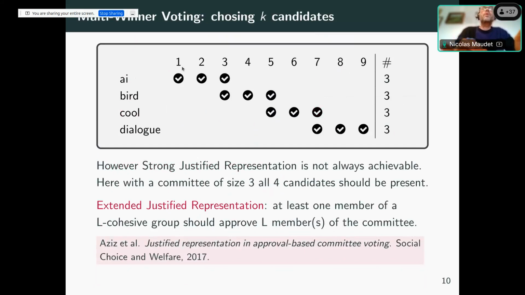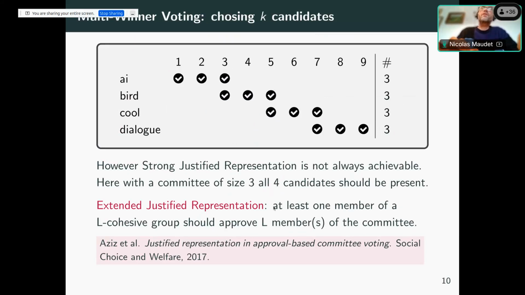like that, where because of these 3 people here, you would have to put A in the committee. Because of those 3, you would have to put B, and the same for C and D. So in principle, you would have to put A, B, C, D, and if the committee is just of size 3, you cannot do that. So that's why researchers looked at